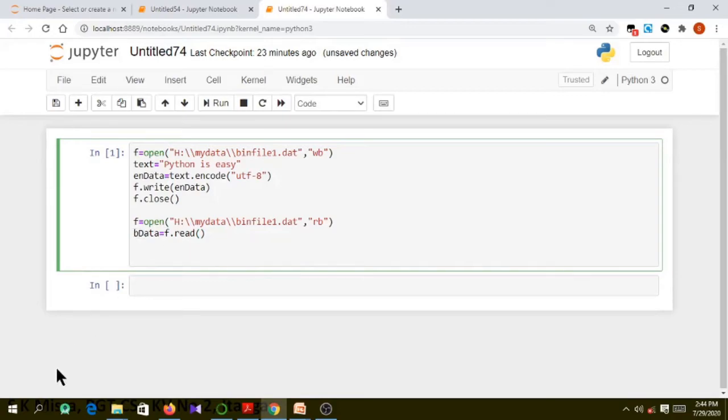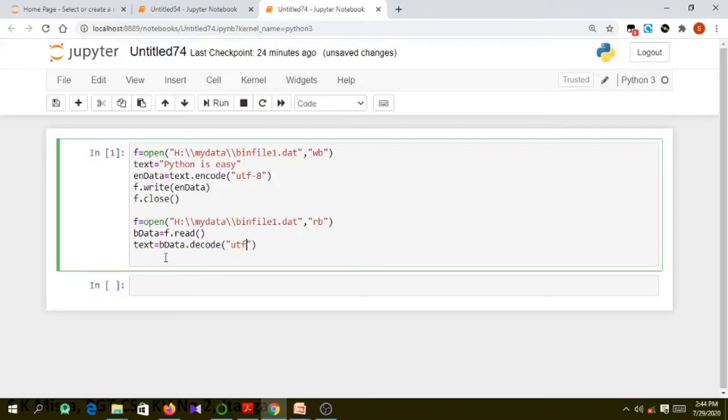To get our original text, we need to convert this binary data that we got from the binary file to a simple string using the decode function. The decode function also takes the argument that we have already used.